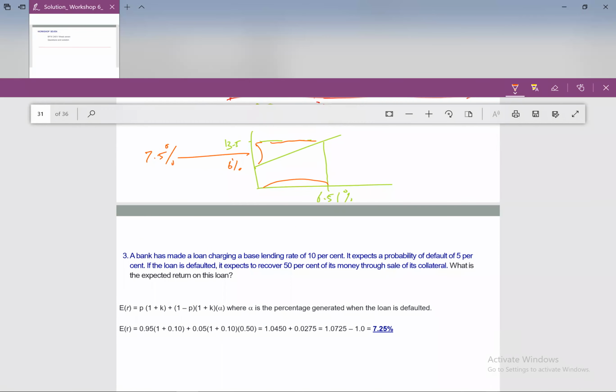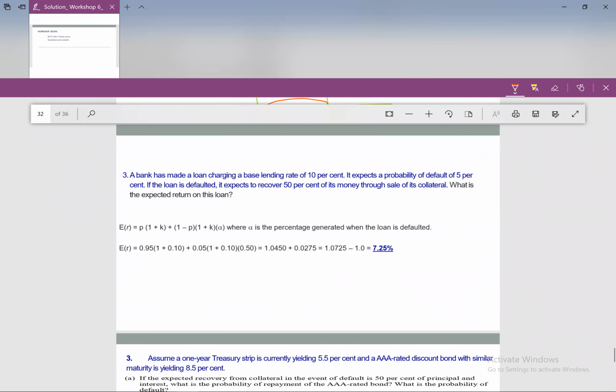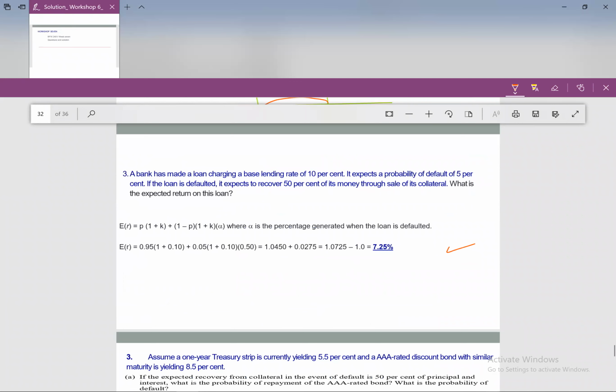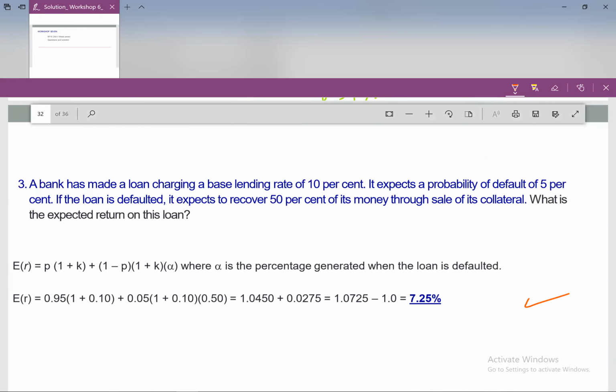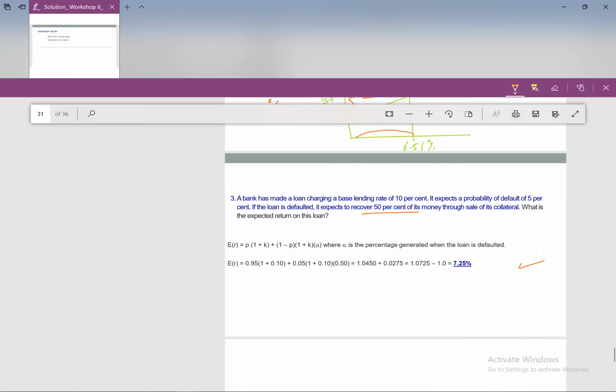Any questions at this stage? Nothing, hopefully. If there is, just ask me, no problem. So here, I think we have solved this question before. The issue here is we have a collateral. When we have a collateral, the probability of payment, as I told you,